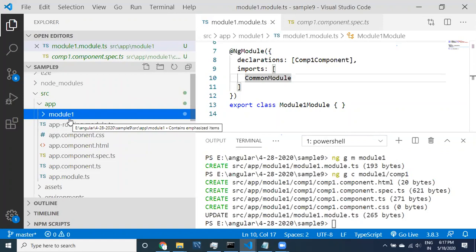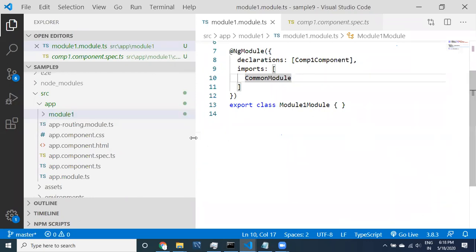You need to import and follow the same rules. Are there any extra facilities available in sub modules? No, there are no such extra facilities. Whether it is a child module or not, you have to follow some rules, like importing a module into another module. I will show you shortly.